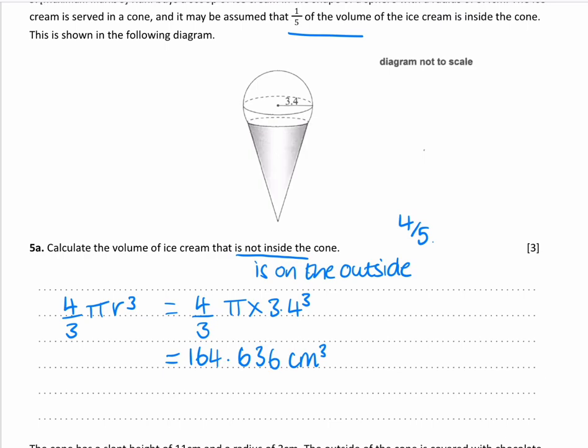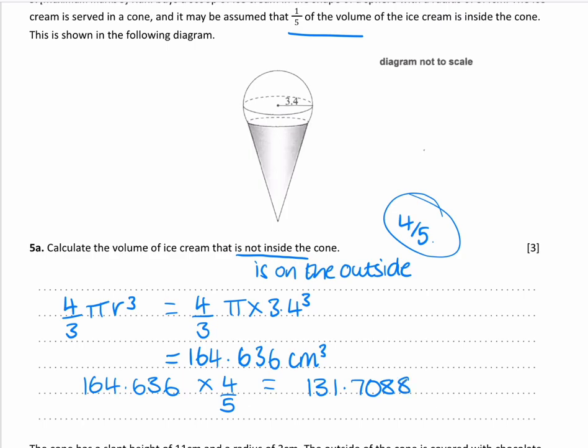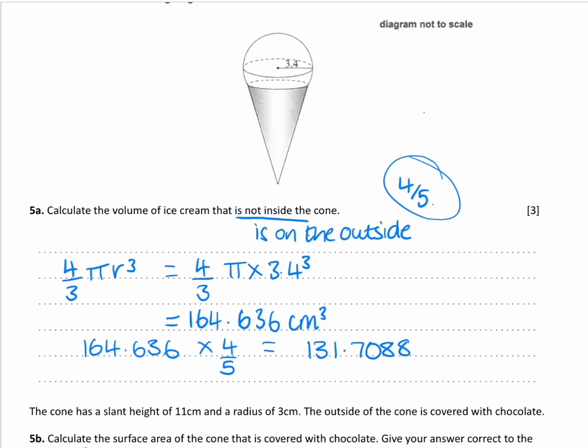Now we are only interested in 4/5 of it, like we said earlier. So we're now going to take that answer and times that by 4/5 to find what's on the outside. And that gives us our final answer of 131.7088. And we need to write that to 3 significant figures. So that is approximately